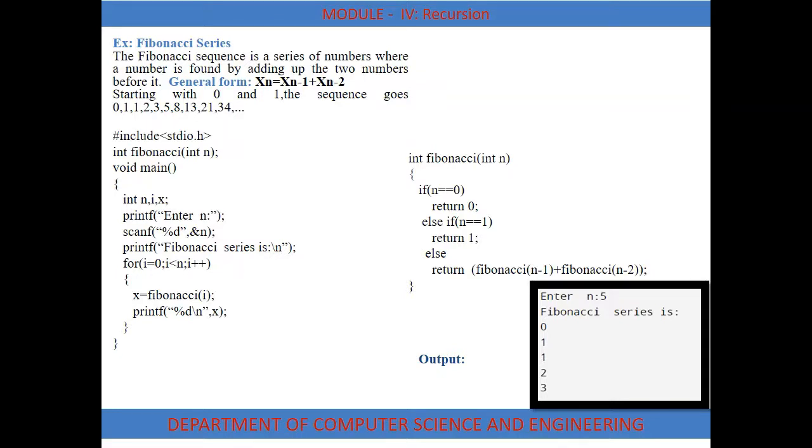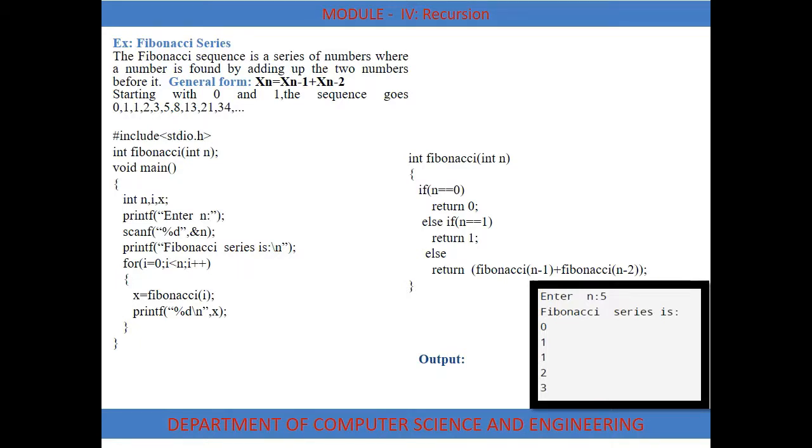That is return Fibonacci of n minus 1 plus Fibonacci of n minus 2. That is return Fibonacci of 2 minus 1 plus Fibonacci of 2 minus 2. Return Fibonacci of 1 plus Fibonacci of 0. Nothing but now within the function we are calling the Fibonacci function again. So now this is the recursive function. The function calls itself again and again. Now what is the code here? Return of Fibonacci of 1 plus Fibonacci of 0.